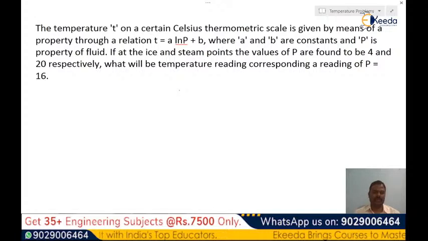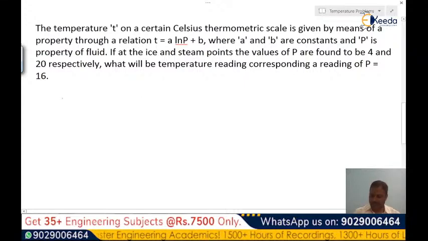That is what exactly I told. For this, here we have the relation between temperature and the thermometric property. It is given like this, that is T equal to A ln P plus